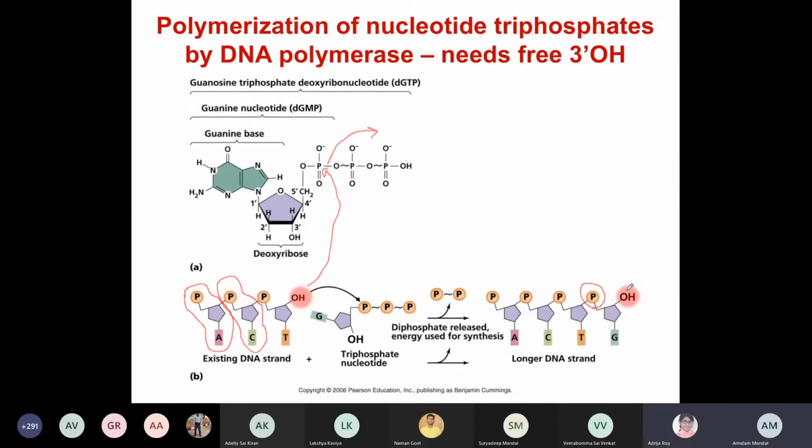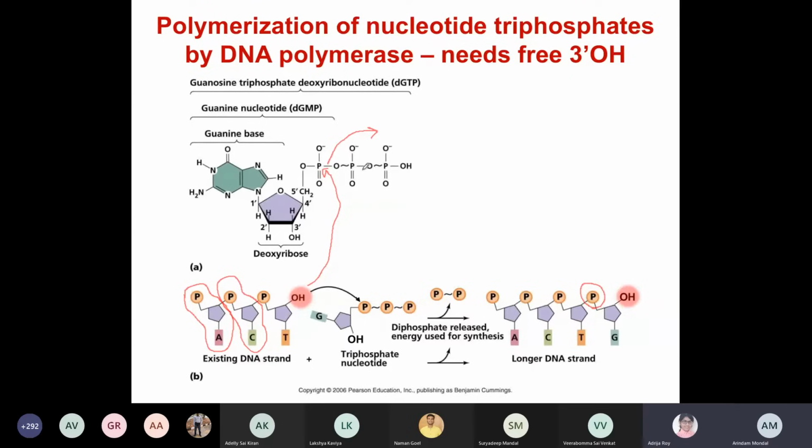But then how is the entire process of replication happening, how is this DNA polymerization process carried out by the enzyme DNA polymerase? Okay, so now, Sir, in case of the triphosphate moiety, why is the bond between oxygen and phosphorus shown with a tilde? Is there any special reason?